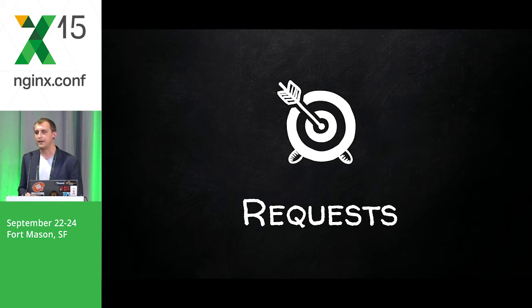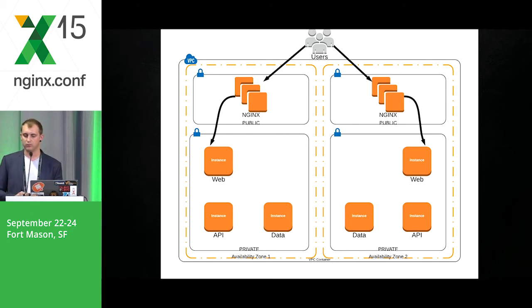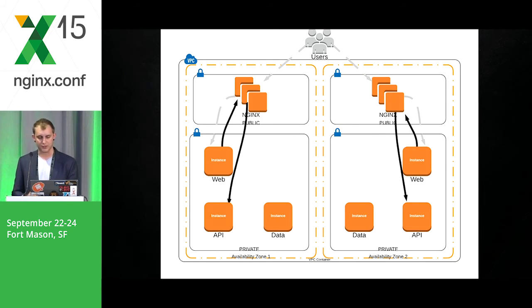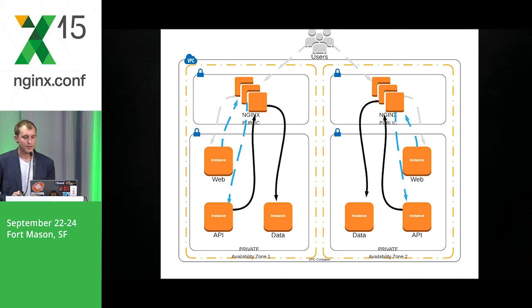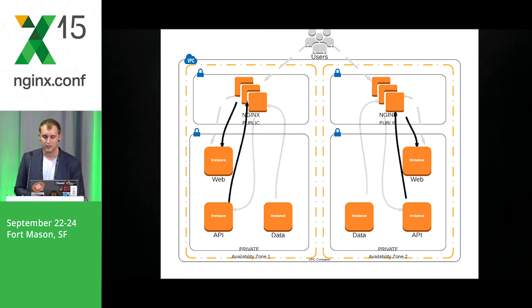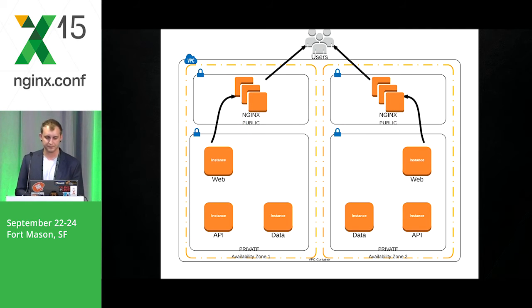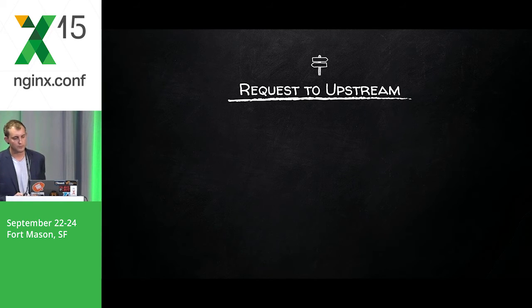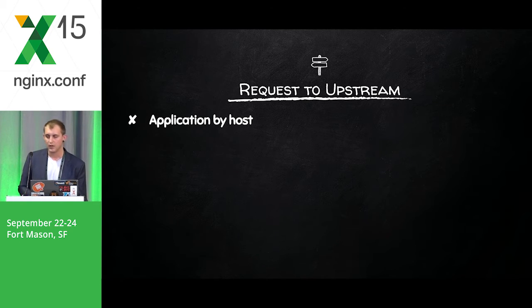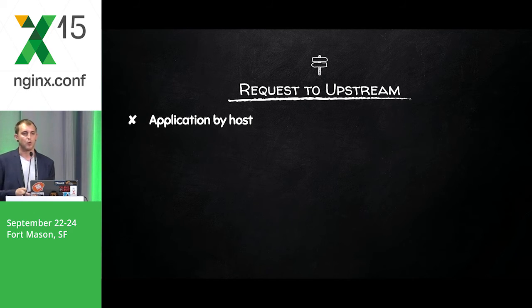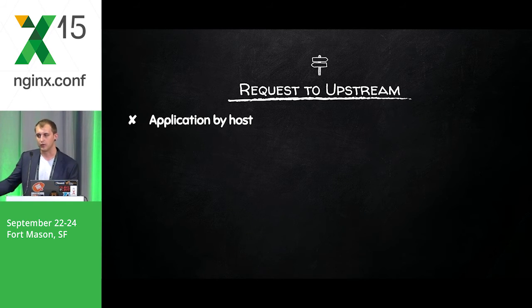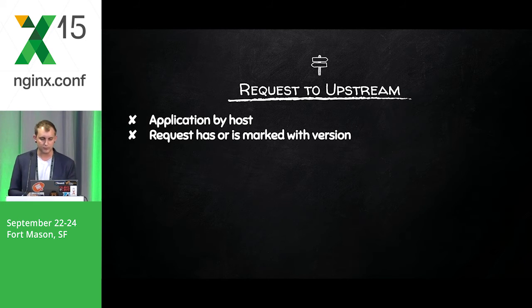So our requests. What happens when a request comes into our system? It's going to take that natural flow, moving through the application stack, and then being popped back out to the user. So here we're doing context switching on, what's the host name I was provided. Okay, we're going to go to this particular application. And also, we're going to take a look at the request and what version it's bound for.